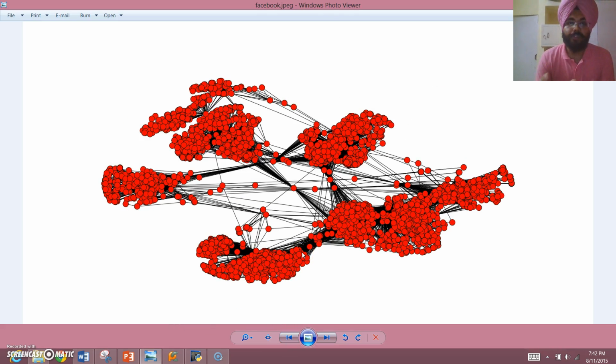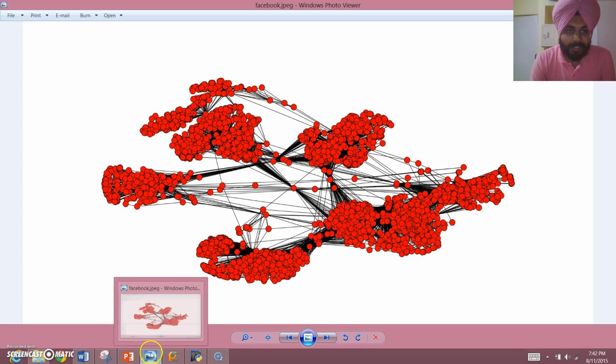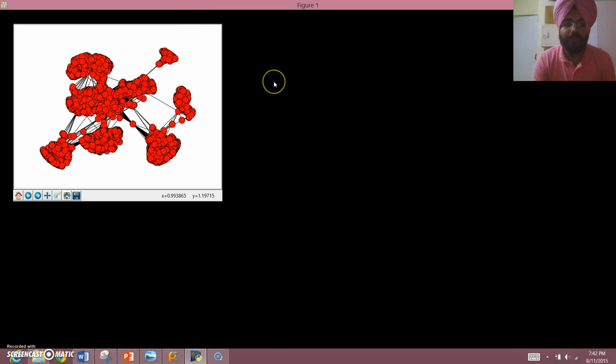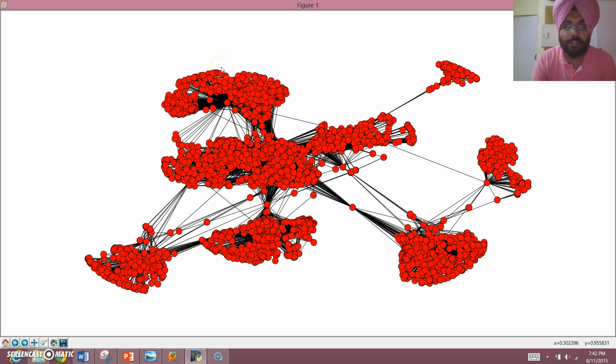So this is a plot of Facebook. In this plot, we can see a number of nodes. We can also see a number of links. In a Facebook network, a link corresponds to friendship: if node A is a friend of node B, we put a link. Now if we want to examine this network in detail, I've run a script using the dataset available on the Snap Stanford website. So if we zoom on this,